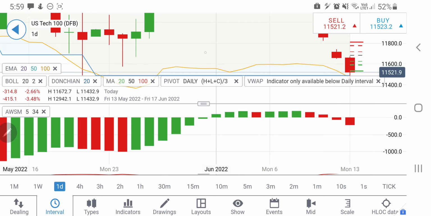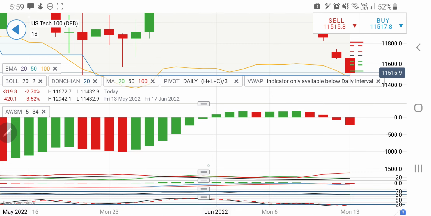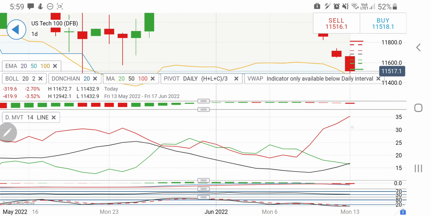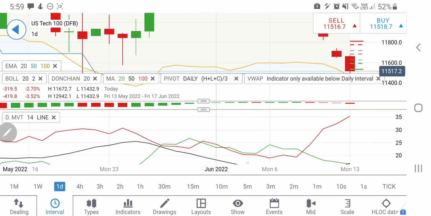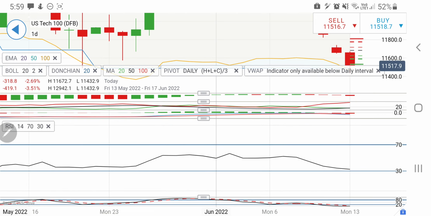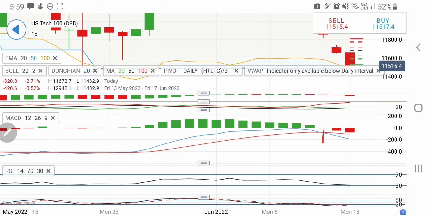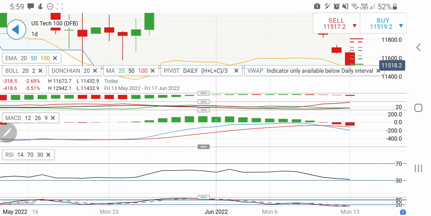Look at the awesome oscillator here, it has entered into the sell zone. It was trading till here in the sell zone, entered into a bullish zone, but again failed below these levels, failing again towards the sell side. So be watchful. And if you look at the directional movement, it is extremely bearish, we should see some convergence from here. Similarly, if you look at the MACD, the MACD has just crossed over 3 candles back, and it is extremely divergent. It is still indicating that the candle may remain red today also. So that is a possibility.